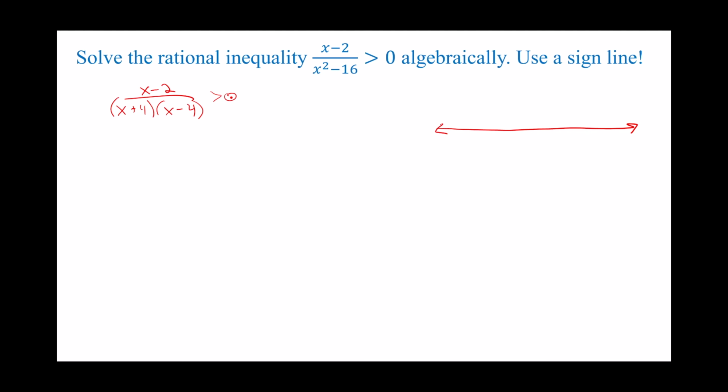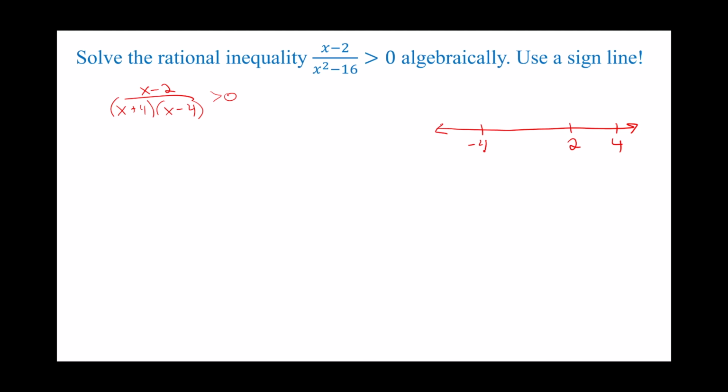Then think about the graph of a rational function. The places where the graph might change from positive to negative would be at the x-intercepts and at the vertical asymptotes. So all of the zeros of the numerator and denominator are what we're going to put on our number line. So 2, 4, and negative 4. 2 is a zero of the numerator, 4 and negative 4 are the zeros of the denominator. So I have different intervals. I have an interval from negative infinity to negative 4, from negative 4 to 2, from 2 to 4, and